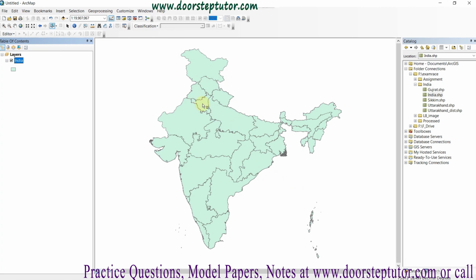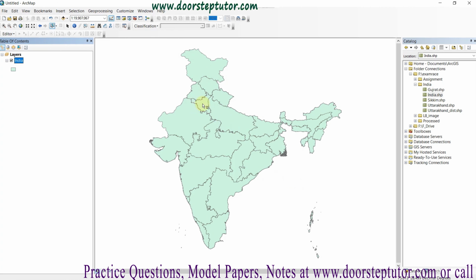Okay, now I am going to the next section, that is the table of contents option. What is the table of contents option? The first is the preferences: show the selected feature in the selection list. Yes, if I am selecting any layer, the layer will be highlighted in a different color. We all know it is written here: show the selected feature in the selection list, and order layers are drawn. I have already told you, because I recently added the data of Sikkim, it will show on the top of the list.